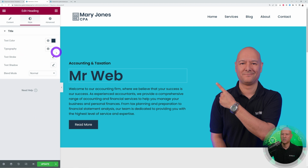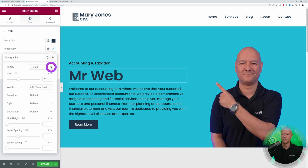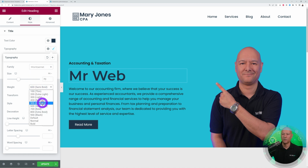You can also change the font size and everything. So typography, it's everything that's related to the font itself. So if you click on this, you can select a different font. So let's say you like Montserrat, for instance. Let's select this one, and you want it to be extra bold or black, for instance, or maybe bold altogether,